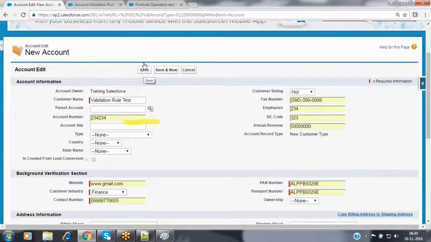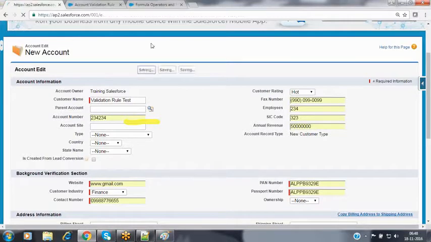As soon as you click on the save button, it instructs the page layout to fire all the validation rules available on these fields. Whatever fields are on the page layout, if you have created any validation rules on those fields, those validation rules will get fired. Once the validations are successfully completed, only then is your record sent to the Salesforce server to be saved. If any validation rule fails, it will abort your save operation and show the error message to you here.